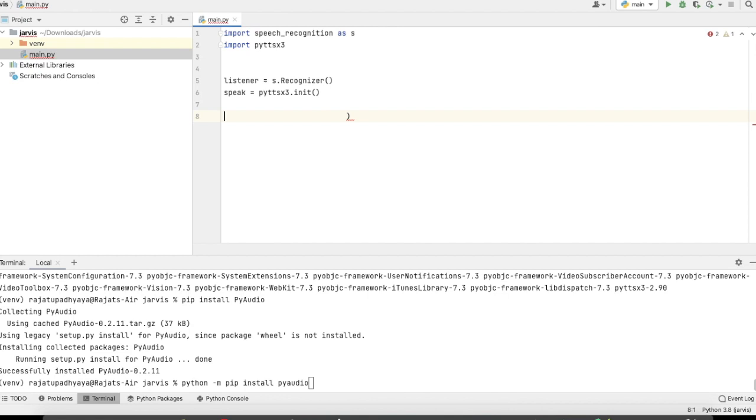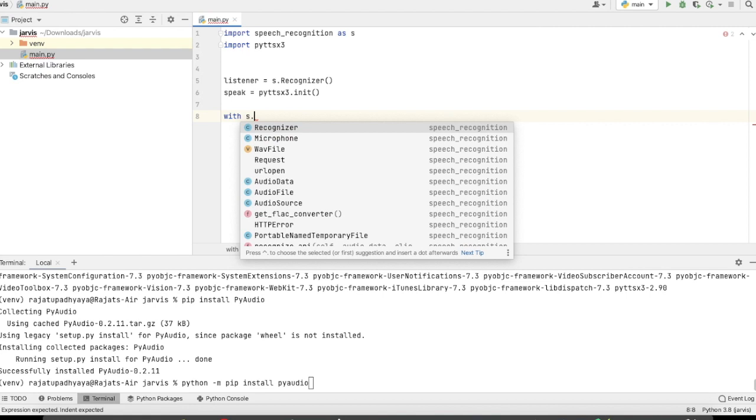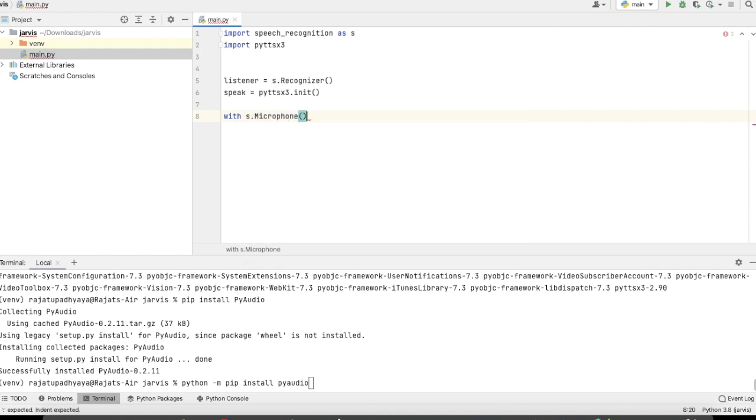Now the next and main thing is where it will take our voice and convert it into text. How will we convert our voice into text? For this we are going to use with S dot Microphone as source, because with the help of the microphone only we will input the command into Jarvis.